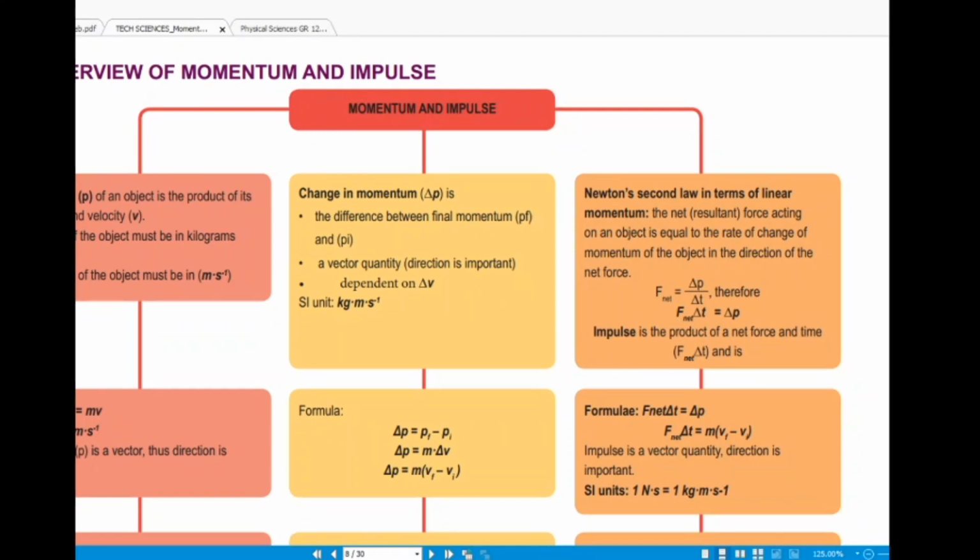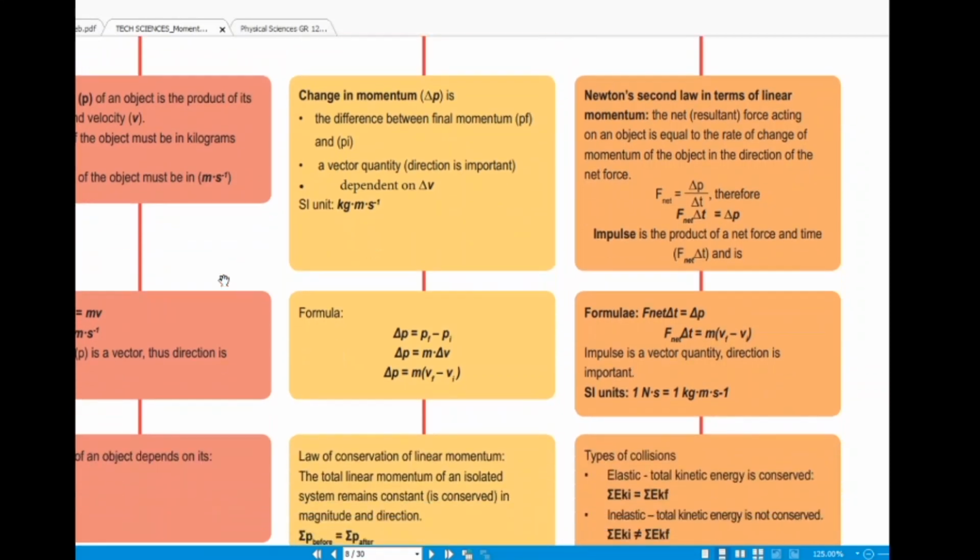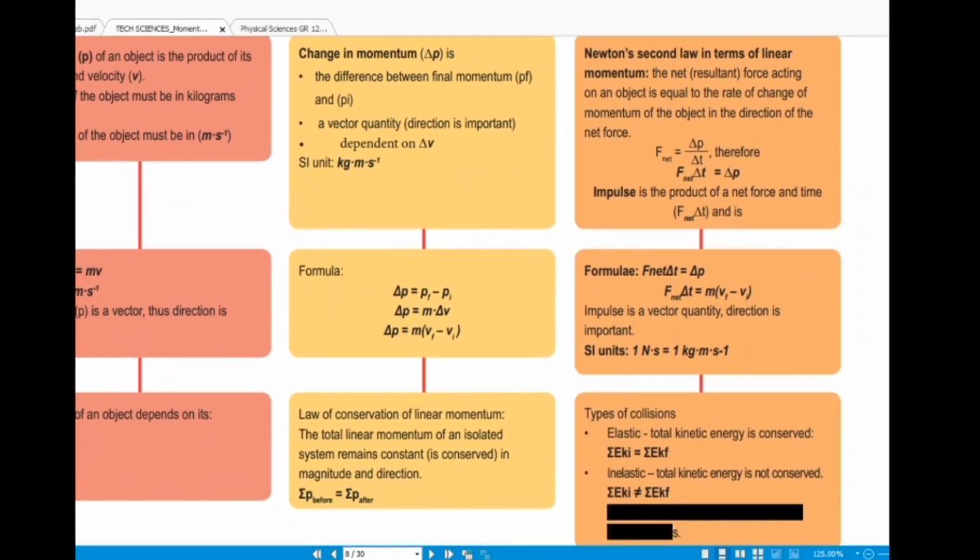We define momentum as the product of an object's mass and its velocity. The mass of an object is measured in kilograms and the velocity is measured in meters per second. The formula for momentum is this one: p is equal to mv, and then the unit of momentum is kilograms